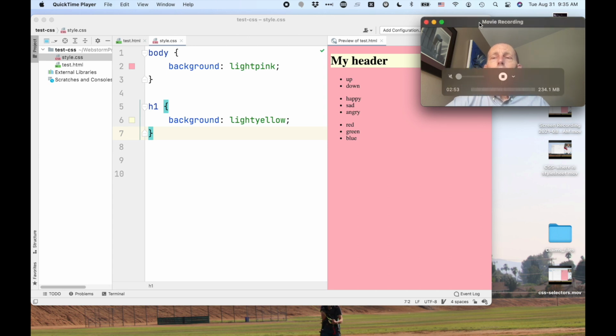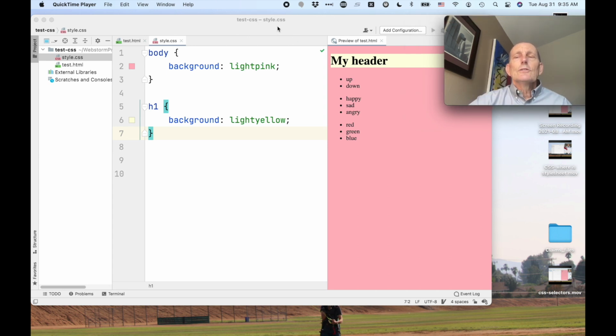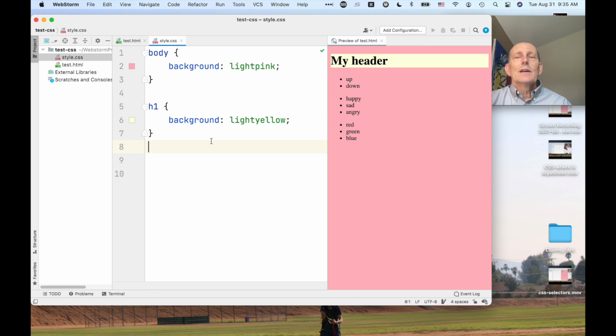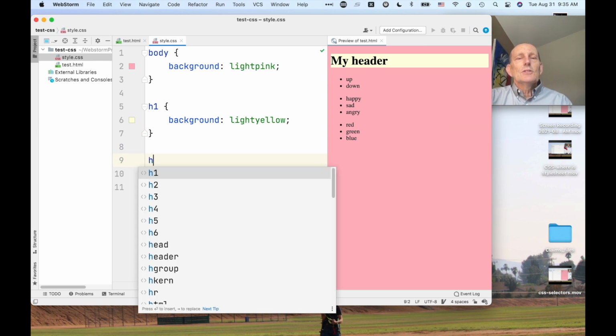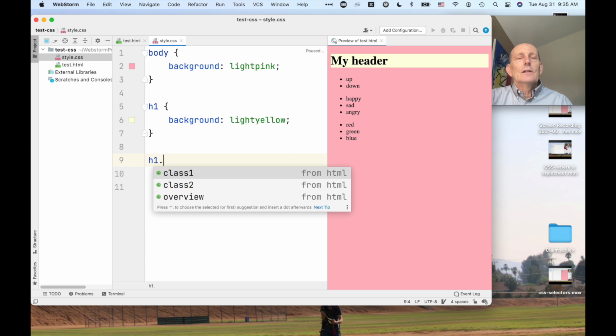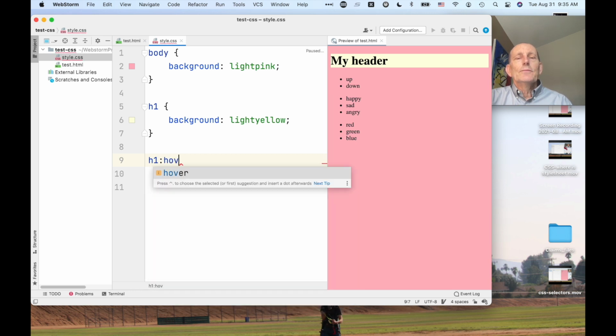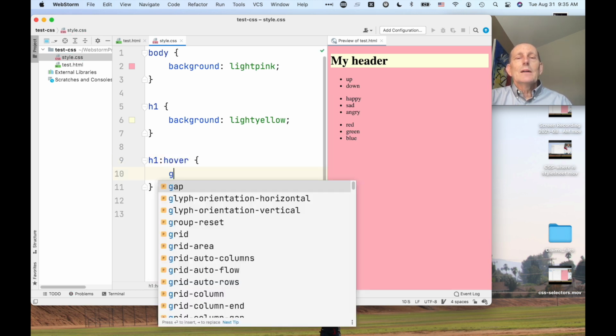A pseudo class selector allows us to specify an element in a particular state. So for example, when you are moving your mouse over it. Let me just show you an example. I can do H1 colon and then hover. And so that says while I'm hovering over it,